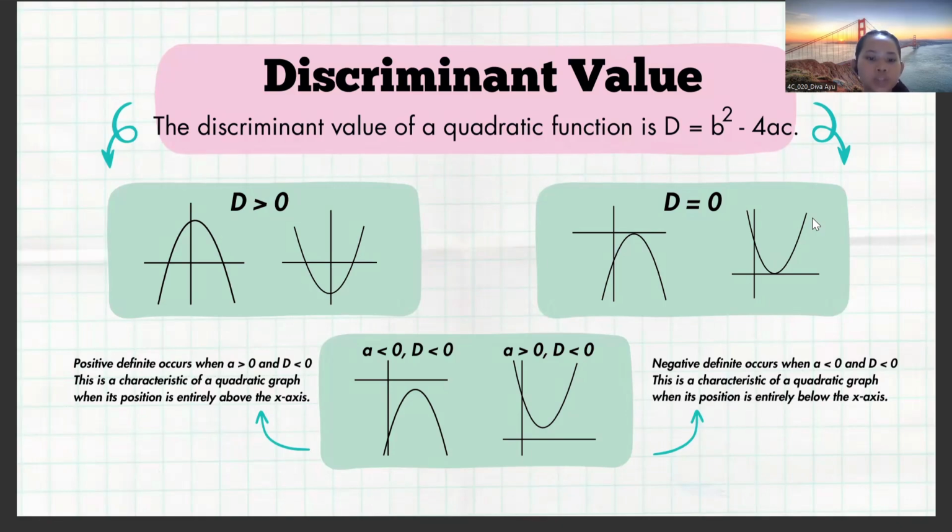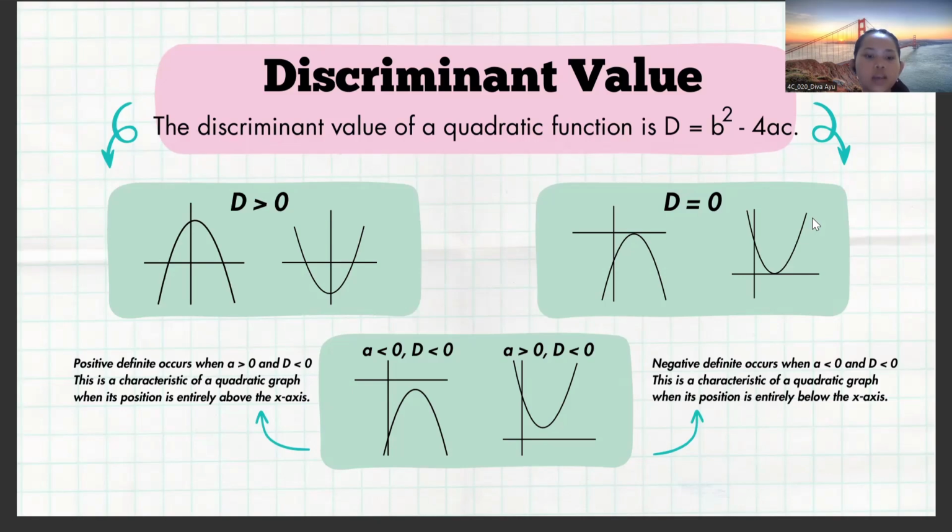If D is greater than 0, the quadratic equation has two different real roots. If D equals 0, it has a repeated real root, one real root. If D is less than 0, it has no real root, which means the graph does not